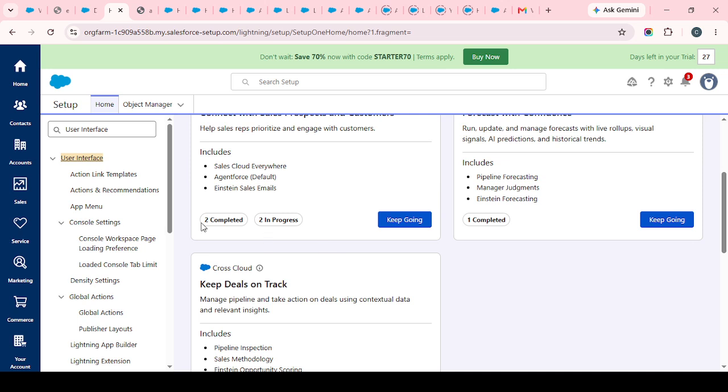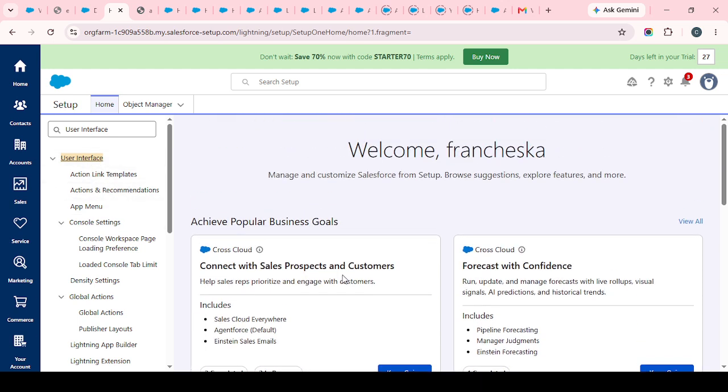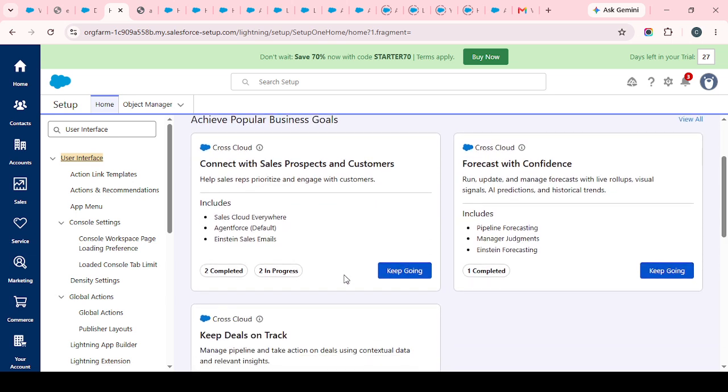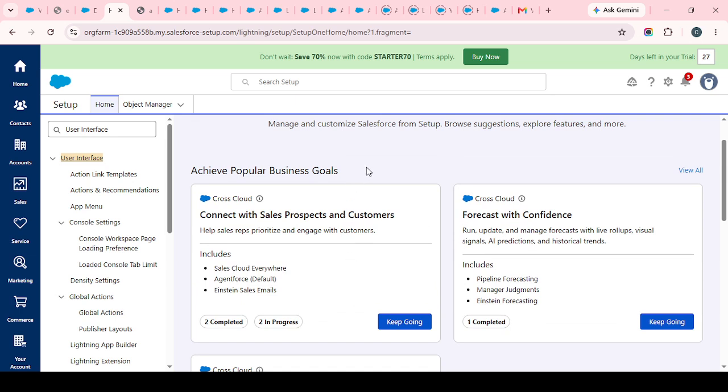As a final check, make sure your mobile phone's clock is set to automatic time and date in your device settings. This small setting matters more than many people realize. If your phone's time is even slightly off, it can create synchronization delays that interfere with approval requests or cause the app to behave inconsistently. After completing these steps, your Salesforce